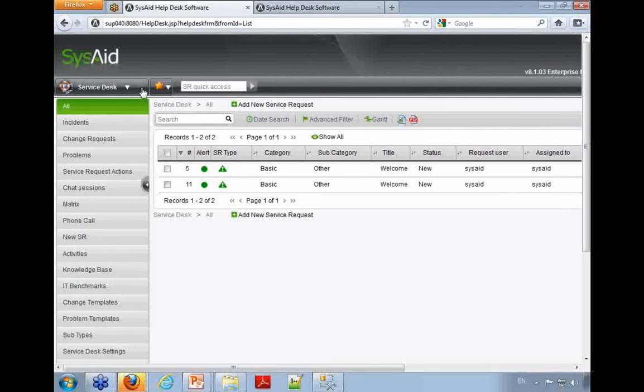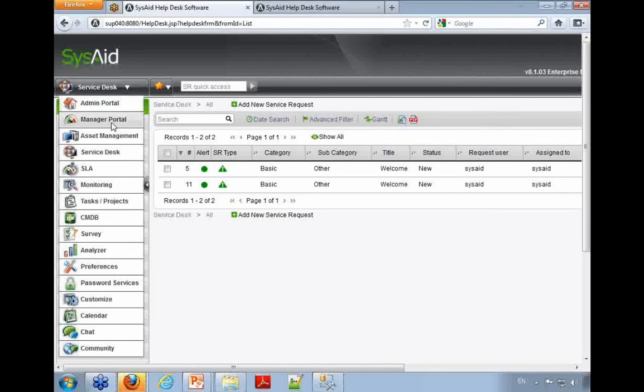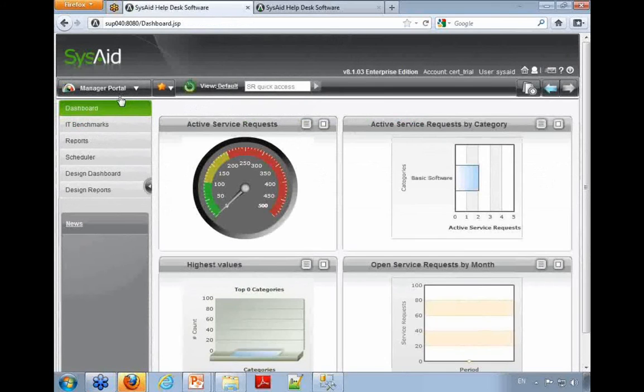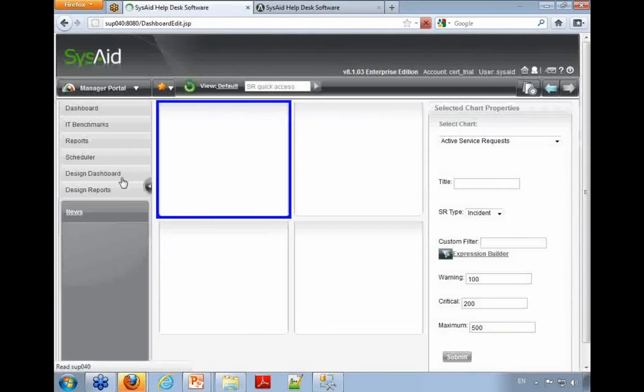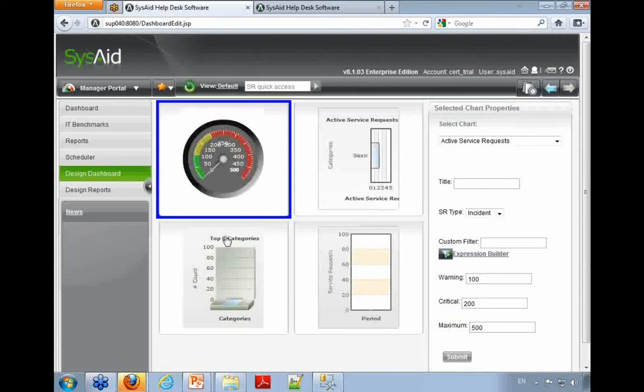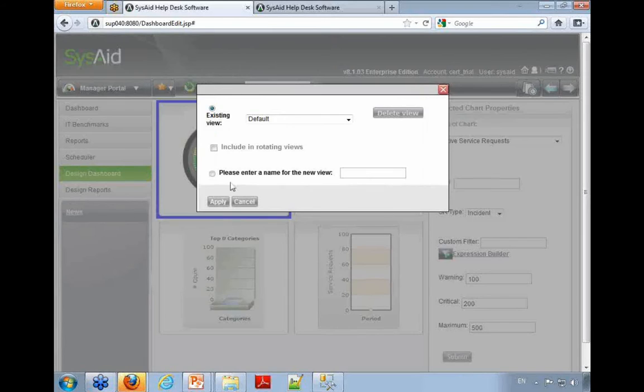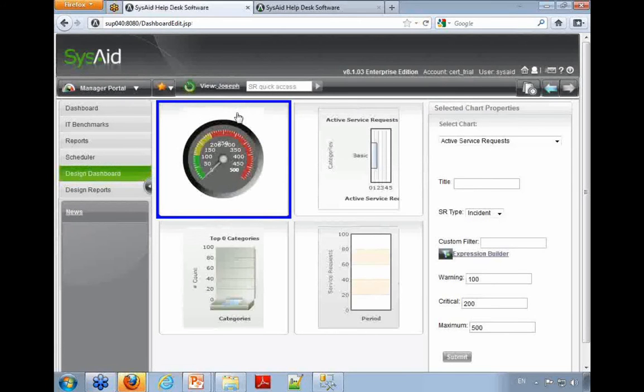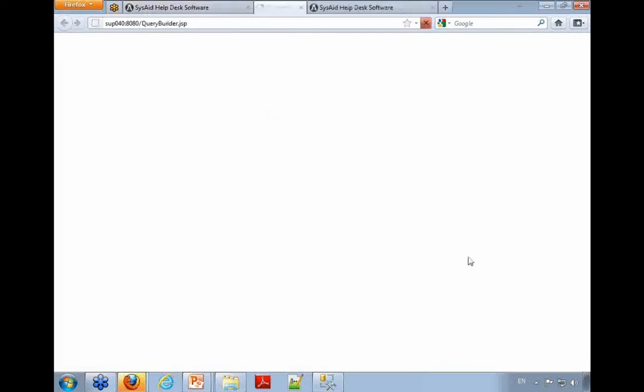and quite useful actually. So last thing I want to talk about in terms of list and dashboard views is the dashboard view. Manager portal, Sarah already talked about the dashboard, and she already showed how you can actually customize the chart and add filters to them and everything. So I'm not going to get to that. What I do want to mention is that if you want to see a certain set of charts and your colleague wants to see a different set of charts, then you can just create different views for each purpose. So I'm going to name that one Joseph and have a new view and can define whatever I want